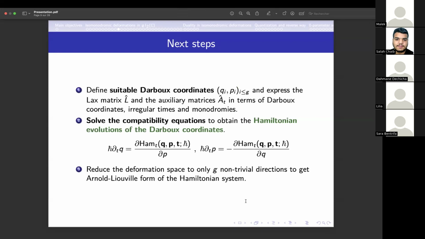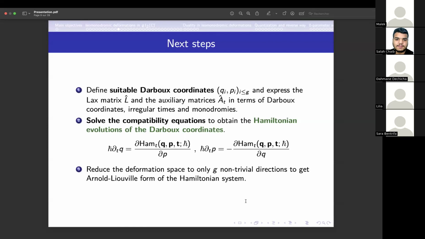So the next step is to define Darboux coordinates and express the Lax matrix and the auxiliary matrix, so the Lax pair, in terms of these coordinates, irregular times and monodromies, solve the compatibility equation to obtain the Hamiltonian evolutions of the Darboux coordinates, and obtain that these evolutions are indeed Hamiltonian, reduce the deformation space to only g non-trivial directions to get Arnold-Liouville form of the Hamiltonian